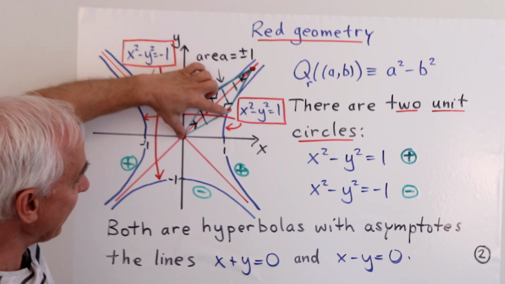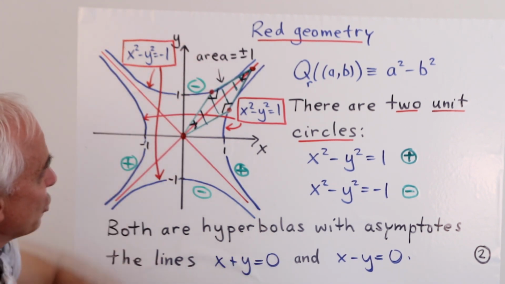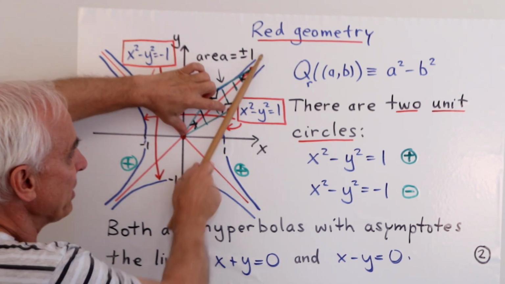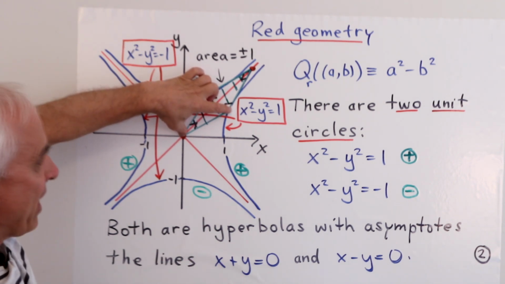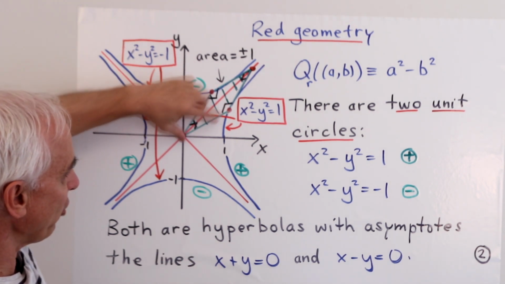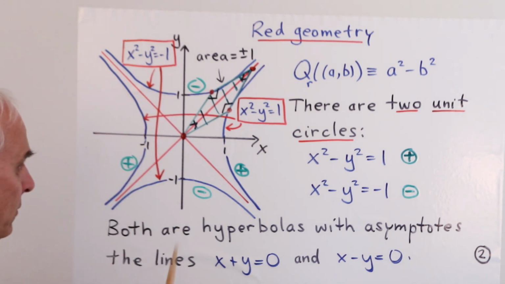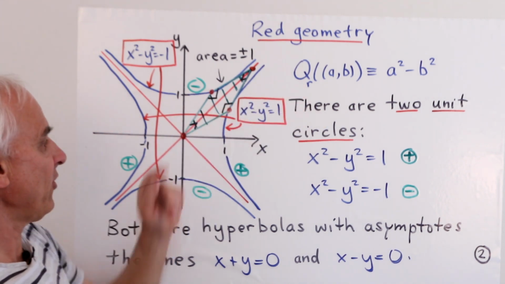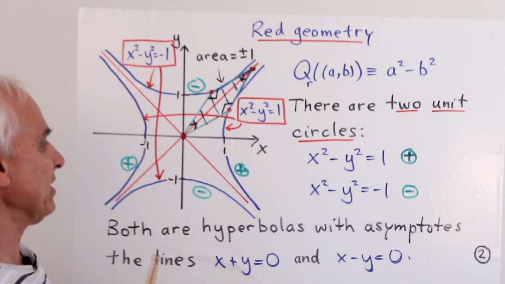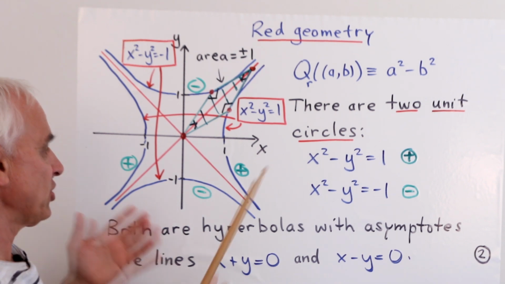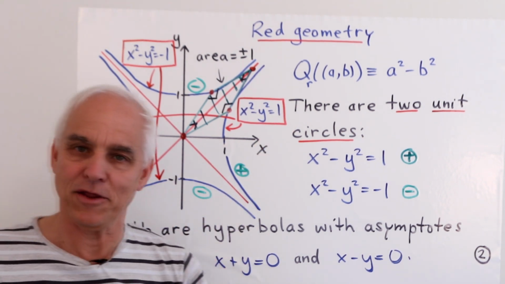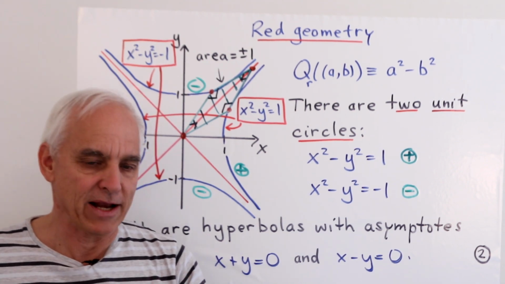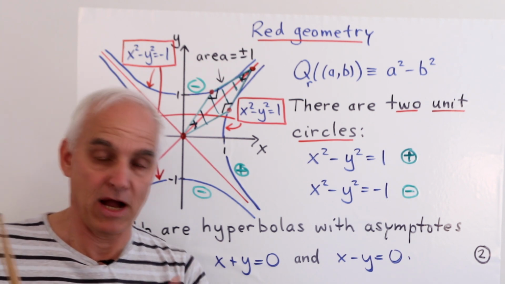The perpendicularity manifests itself in that the tangent to the hyperbola at a point is perpendicular to the radius of that point, in other words, the line from the center of the hyperbola to the given point. So it's a very interesting little parallelogram, capturing the quadrance of this vector, and it's a very pleasant situation. It's certainly more complicated than the unit circle in the blue situation, but it's still very analogous, and algebraically it acts in a similar way.